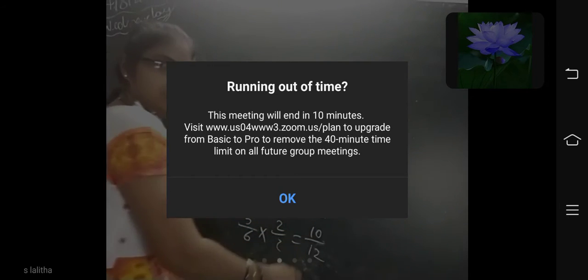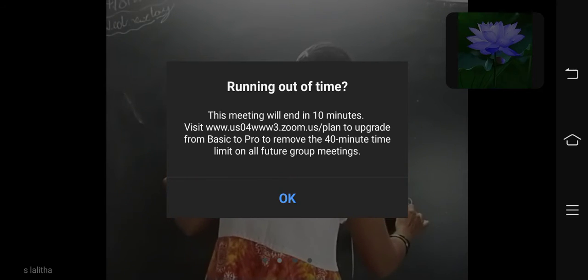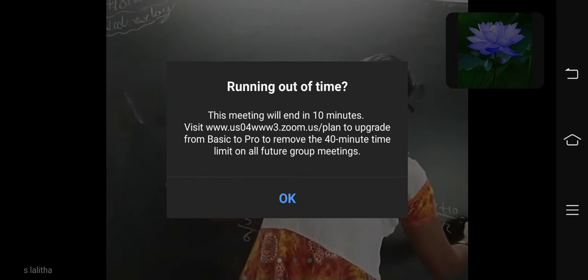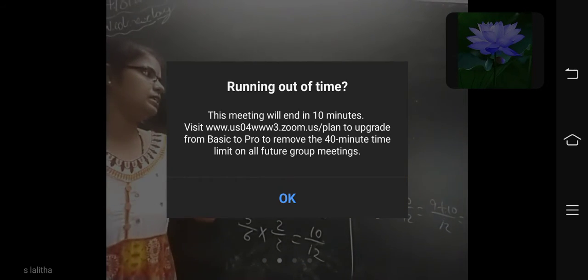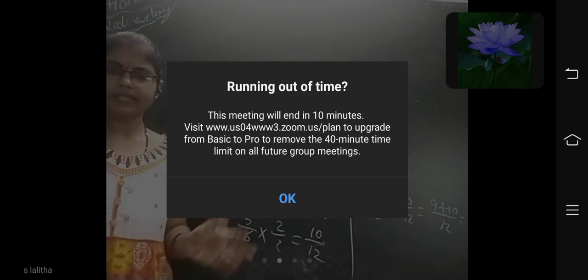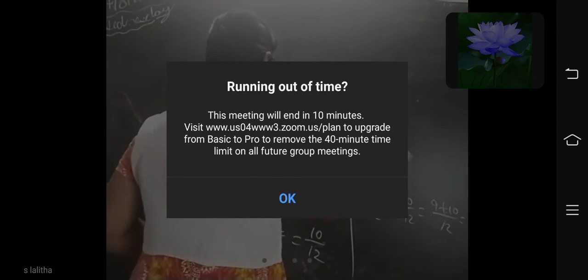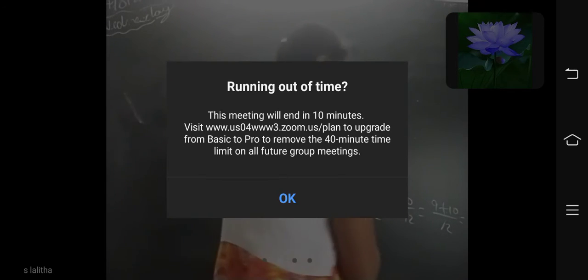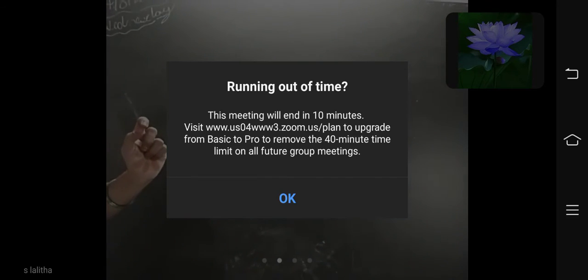Now add these two, which are like fractions: 9 by 12 plus 10 by 12. How much? 9 plus 10 by 12, that is 19 by 12. Did you understand how to do it? This is the process of addition of unlike fractions. Now subtraction of fractions. It is the same as this, only you should subtract. That is subtraction of fractions. Did you understand now?